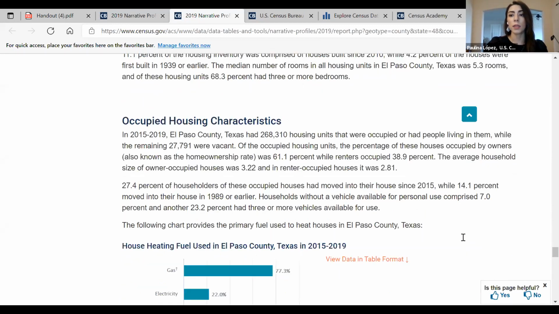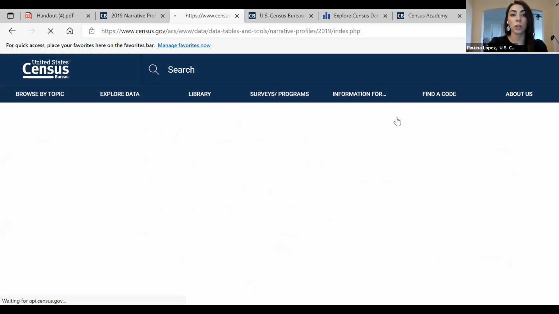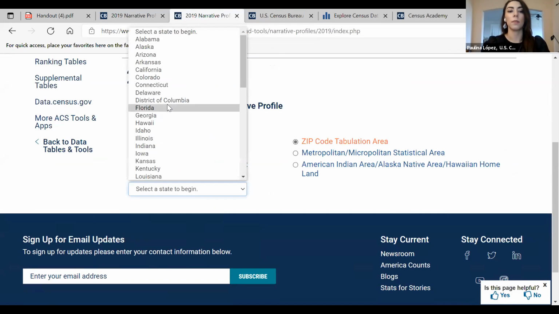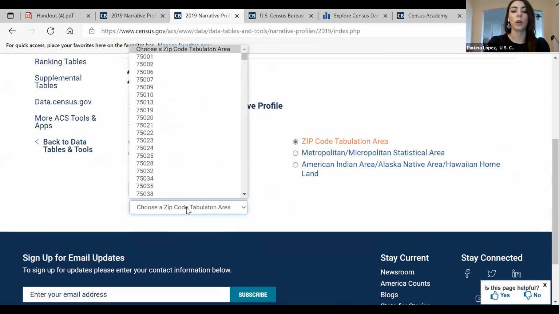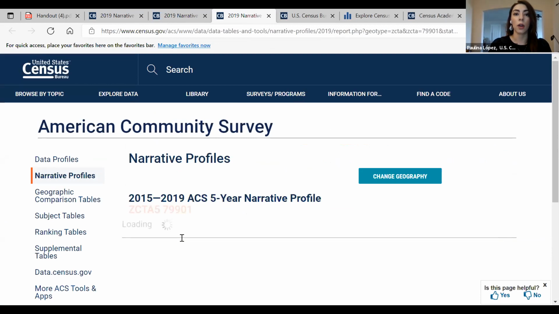And let me go back for you to see a change in geography to show you how detailed you can get in these narrative profiles, or how low you can go. So let's select 79901, which is the downtown area of El Paso County, which we know is the Segundo Barrio area too.